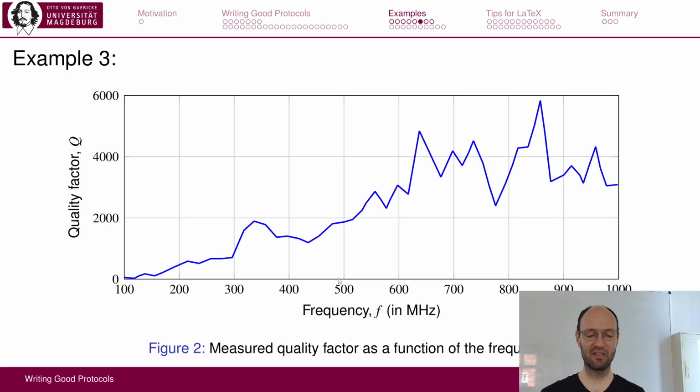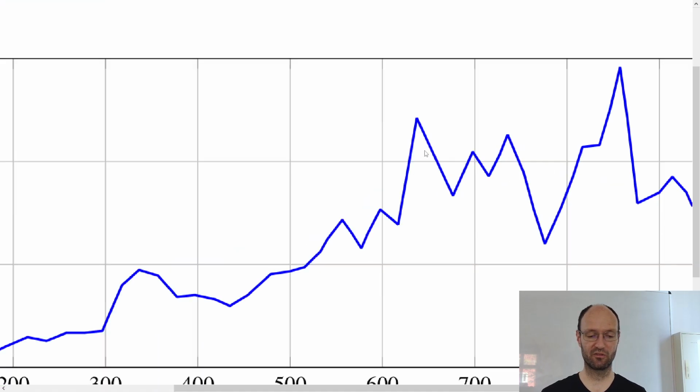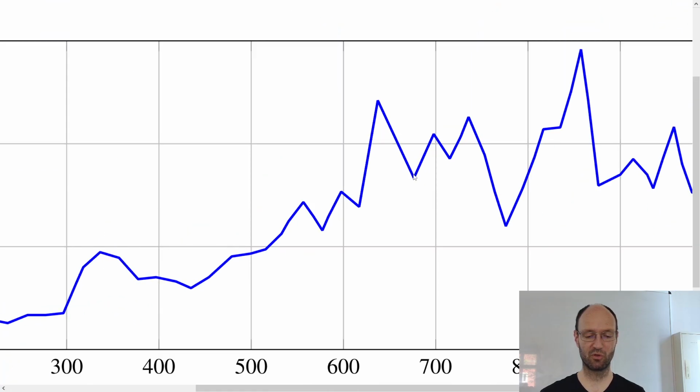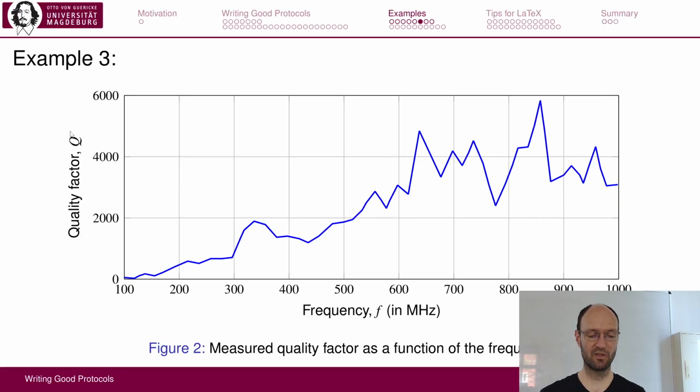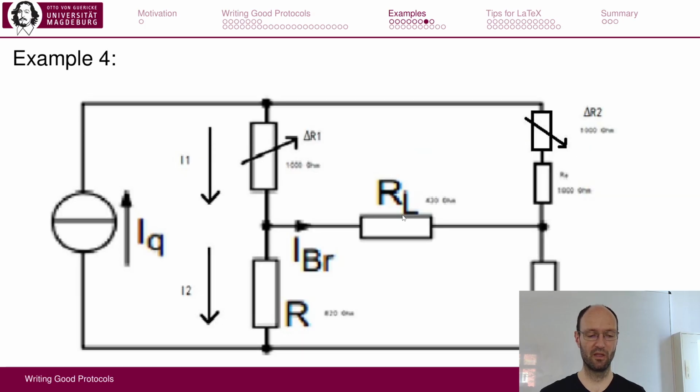If we would take the same data and replot it directly in LaTeX using the PGF plots package, it could look like this. And so now you can see it's a vector graphic. I can zoom in, it will always look good. There are nice clear labels, there's a grid, and so on. Okay, and